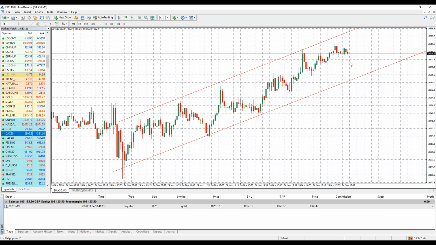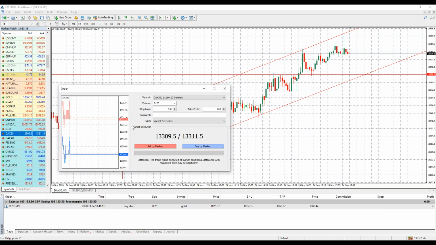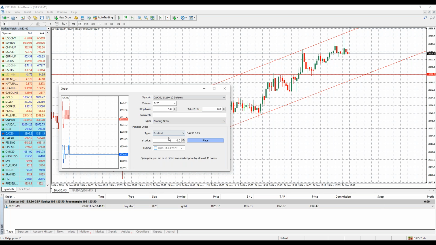Grant, buy limit is a type of pending order that you program to buy from a lower price. Like here, I could say, okay, if this movement drops back to this level here, if this drops to this price, I want it to buy. So I go DAX, pending order, what type? Buy limit. Now I can buy from a lower price. I can put this lower price. If it hits that price, it'll buy, right? So I can say 13,290.